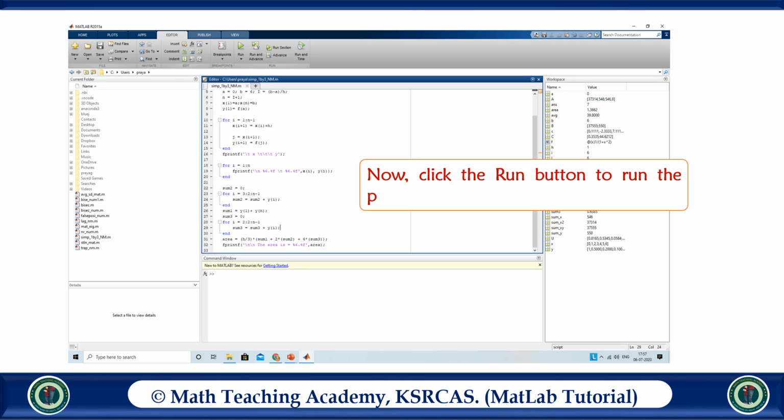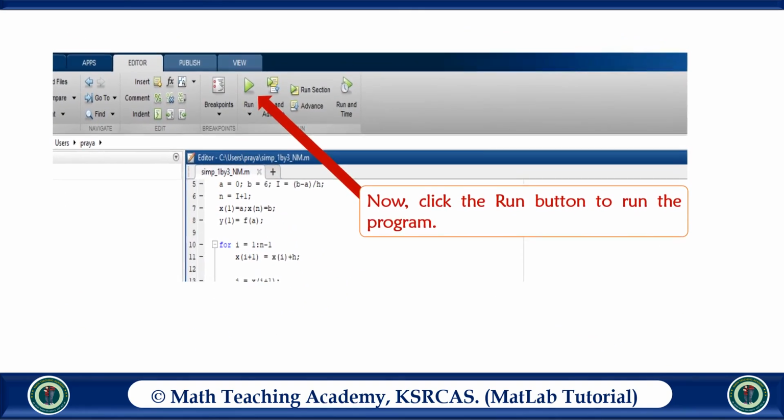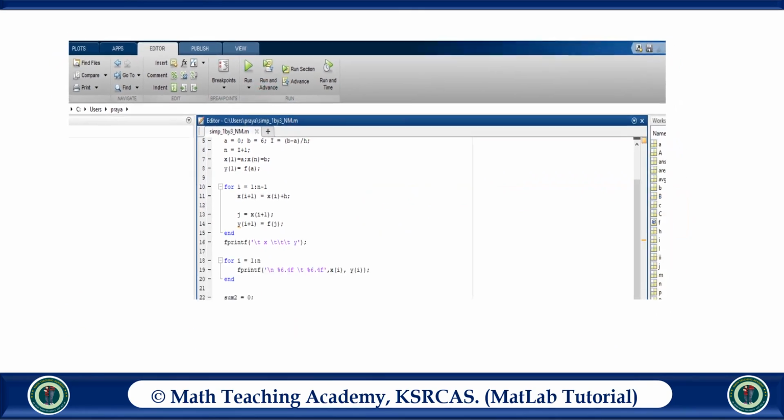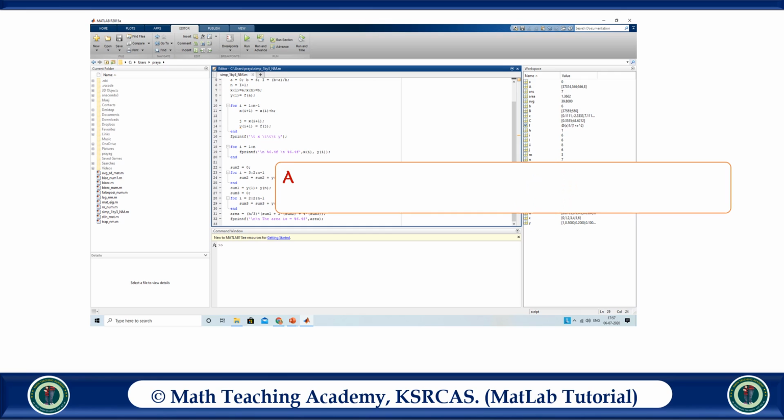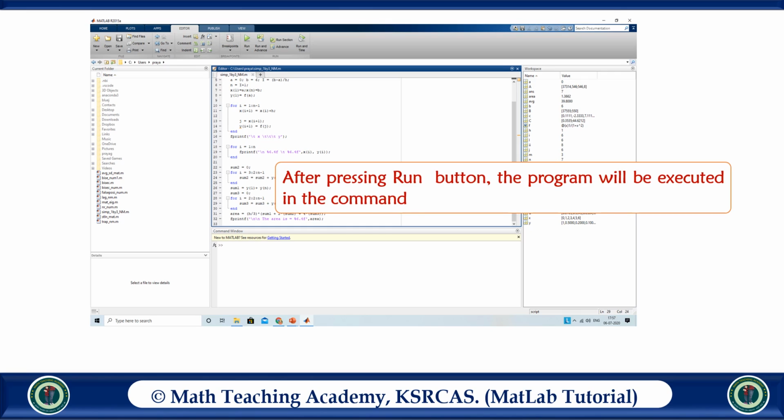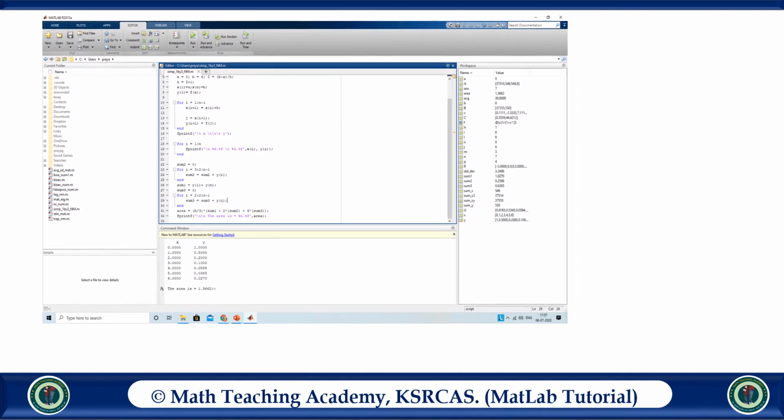Now click the run button to run the program. After pressing the run button, the program will be executed in the command window. Now the program has been executed.